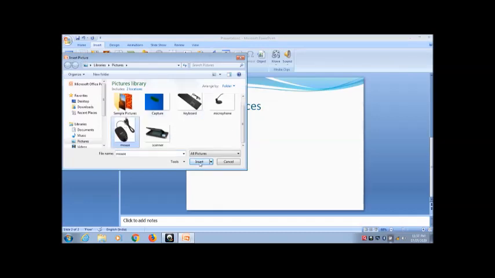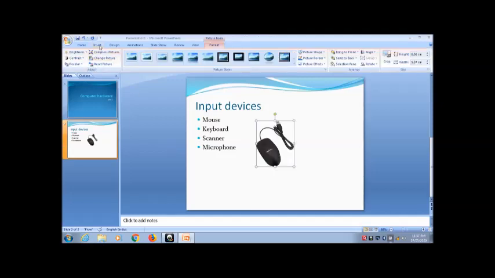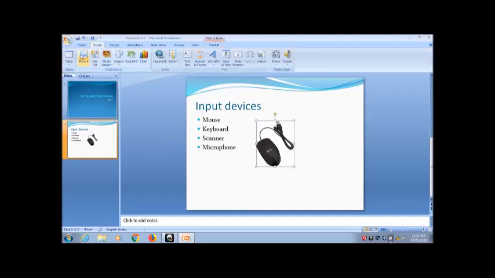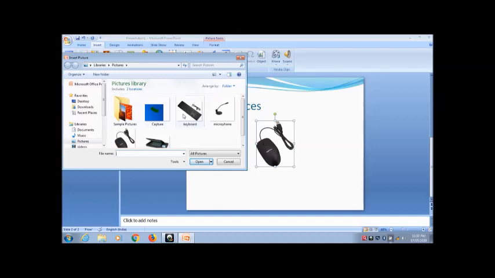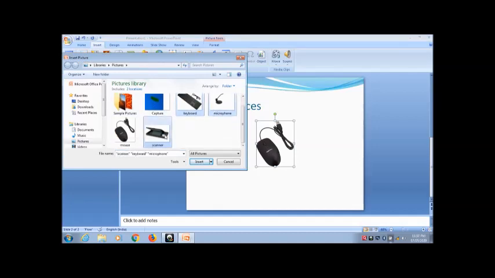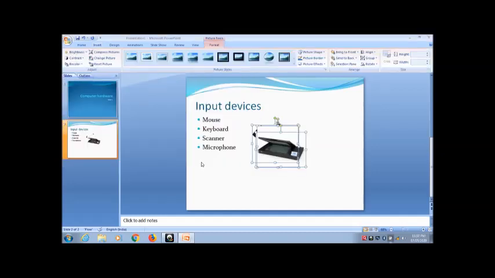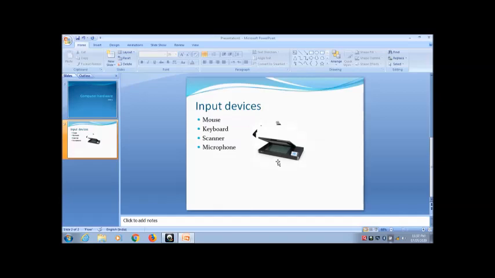For example, for mouse I have chosen this. Then again I can choose more pictures such as keyboard, microphone, scanner. By pressing the control key, I can insert them at a time as well.